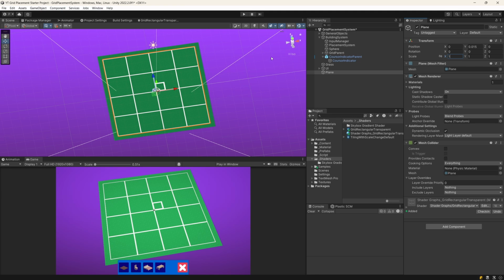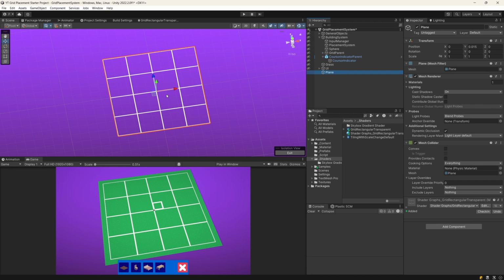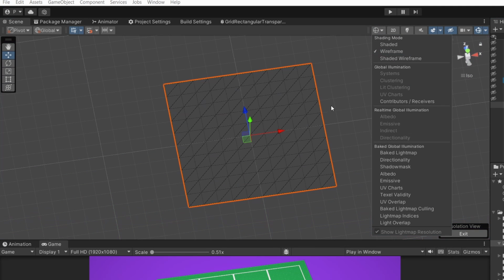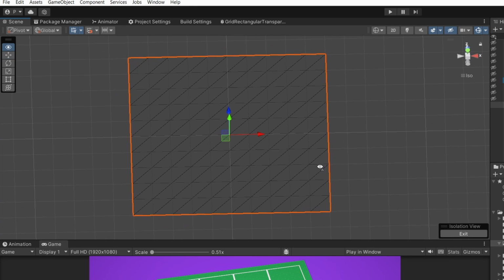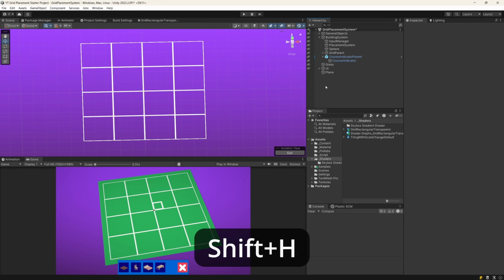Also, I want to point out that if we select our plane and press Shift H, we're going to go to the isolation mode for this plane. If I now go to the scene view and select the display mode and select the wireframe, we're going to see that actually our plane is represented by 10 Unity units by 10 Unity units. So this is the default scale. Okay, let's reset the shading mode to be shaded,